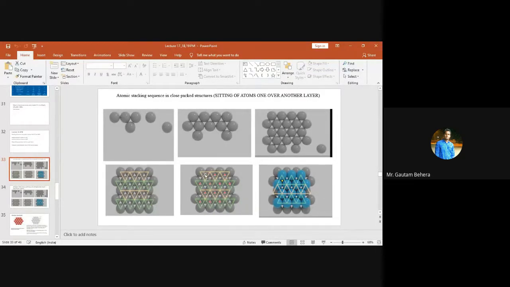That means the second layer of atoms will come and sit over here, here, and here, right? The moment the atoms sit over here, the atoms cannot sit over here, right? Why? Because atoms are big. The radius of the atom is big. So if atoms sit over here, then they will definitely sit here and here. And the atom will sit over here and here and here and here. But this site will not be fulfilled, right? Because the atom size is big.